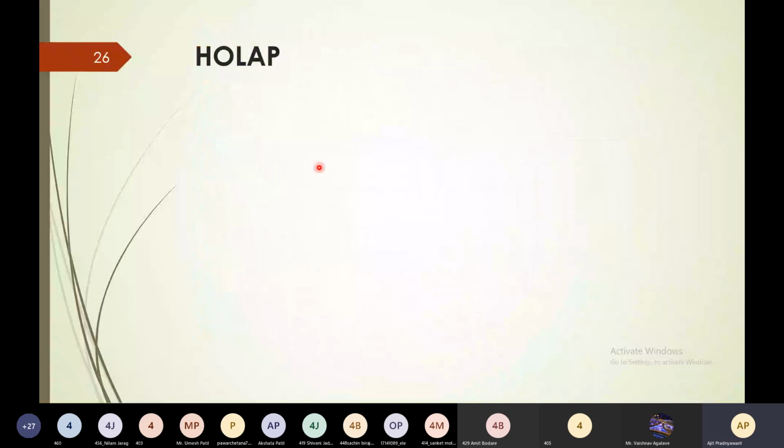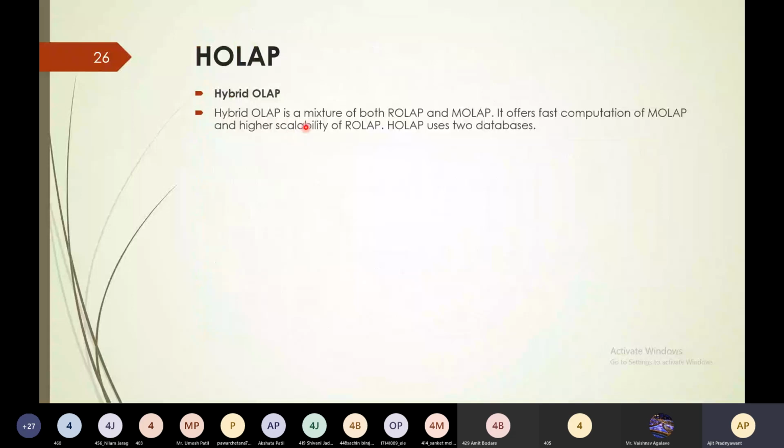Next is HOLAP, that is called hybrid OLAP. It is a combination of relational as well as multidimensional OLAP. It is a mixture of both ROLAP and MOLAP.